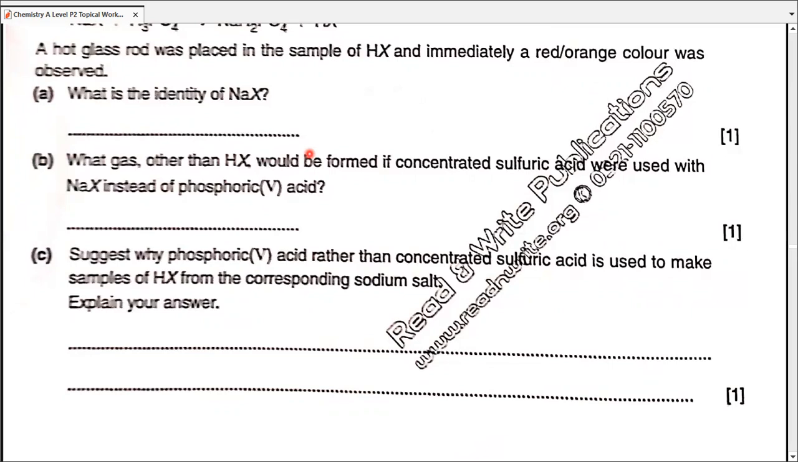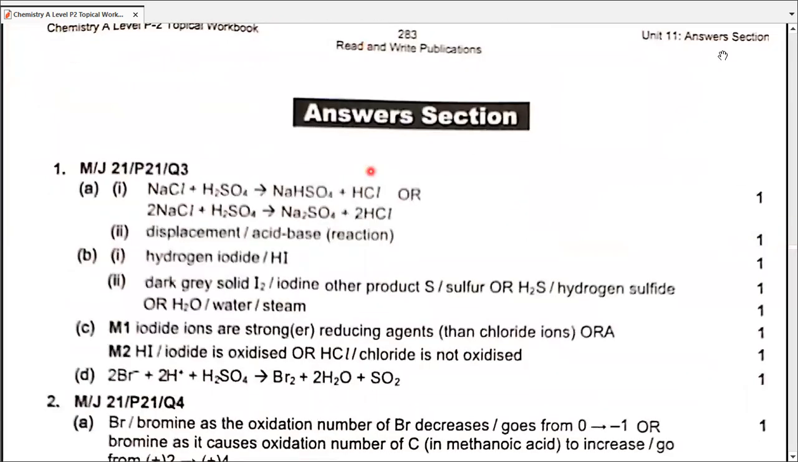Phosphoric acid, not oxide, is a weaker oxidizing agent, so it won't react with the hydrogen halides. Yes, rest is correct. Good. Phosphoric acid is a weaker oxidizing agent as compared to concentrated sulfuric acid. So the reaction would stop at HX and it won't be further oxidized to any other product. Great. That finishes the whole